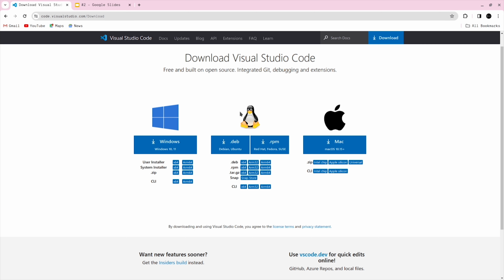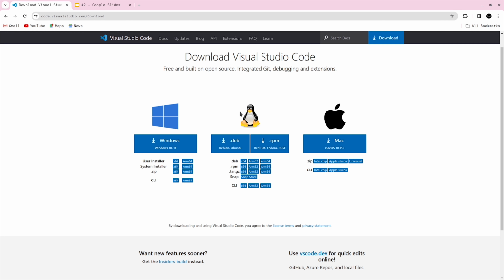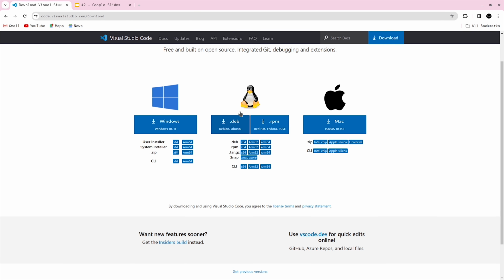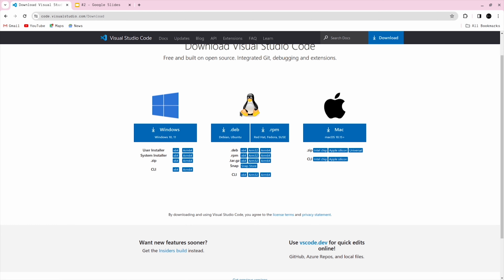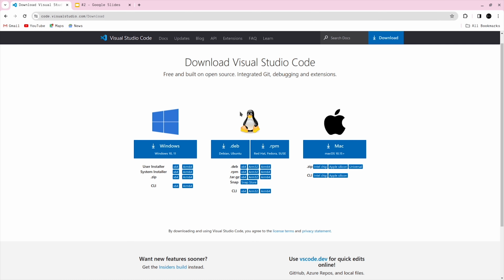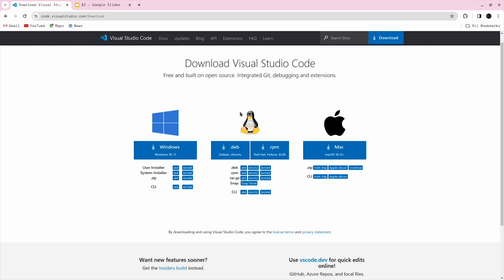I'm using Linux, so I would have downloaded for Linux right here, but I already have Visual Studio Code installed, so I don't need to download it, right? Or if you're on Linux and also Mac, you can just download from your package manager. So yeah, so